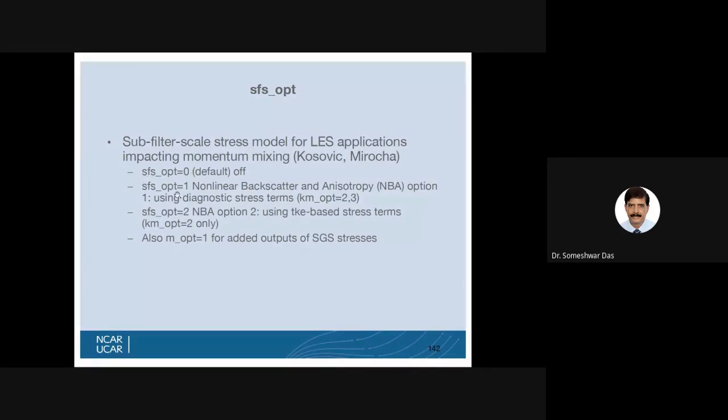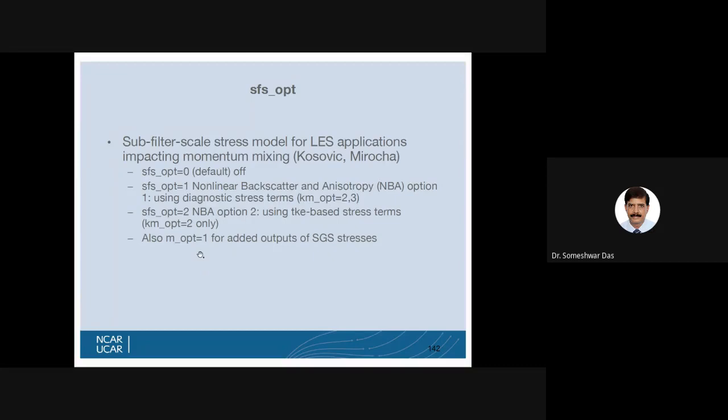If you set it to 1, then it will utilize non-linear backscatter and anisotropic option 1 using the diagnostic stress term. If you are using option number 2, it will use TKE based stress terms. Also, if you are using option 1, then it gives you added output for SGS stresses.